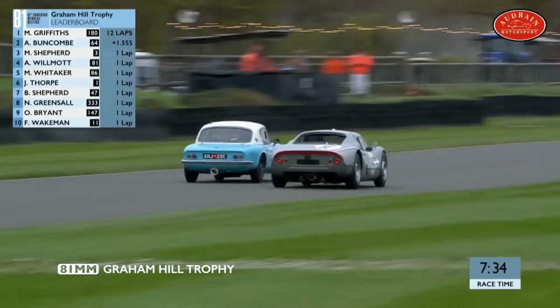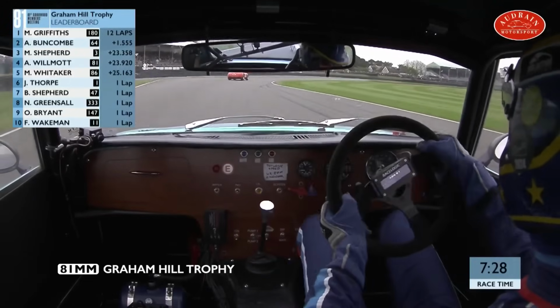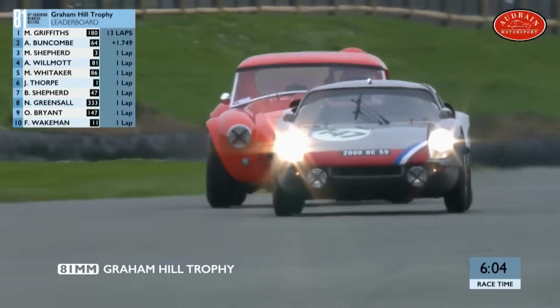He had to lift a fraction on exit because of what the AC Cobra was doing, and now he's got the straight line speed that Nigel had last time. And I think, let's have a look. Oh, no, he's just managed to get into the first apex just ahead. He's still in front. And Bill Shepherd, he has been past...